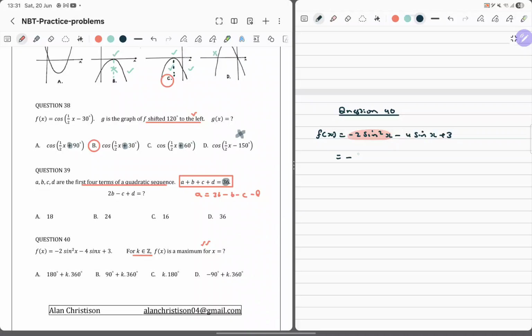Okay, let's try and factorize and see what happens. So this is going to be minus 2 sine x into sine x. So this must be positive, right? Both of these must be positive. And then to get what I want,